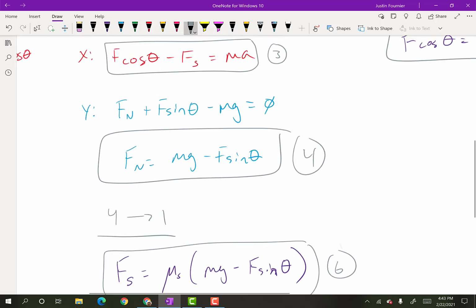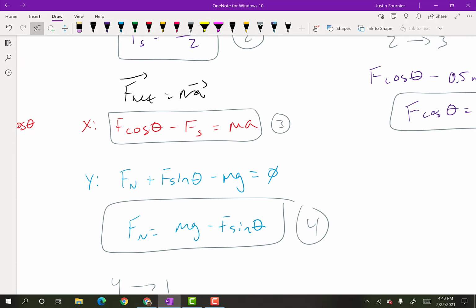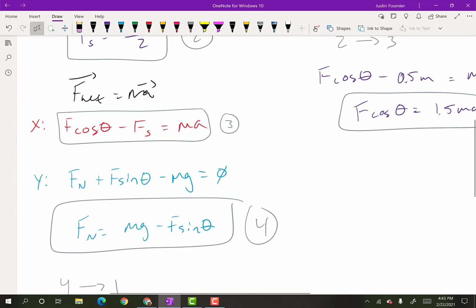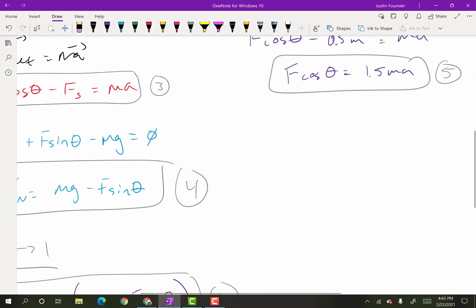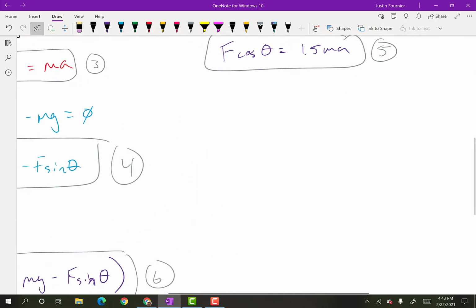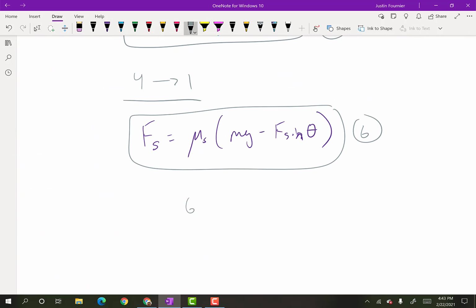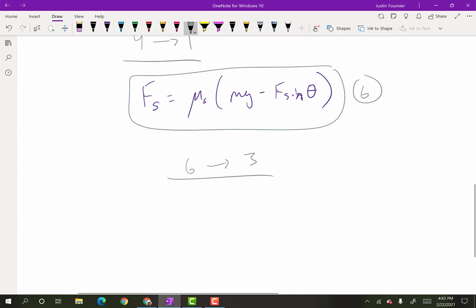And I'm going to try plugging 6 into 3. So here's 3 again. I'm going to plug 6 into 3. Let's see what that does. See where that gets me. So this is going to be,